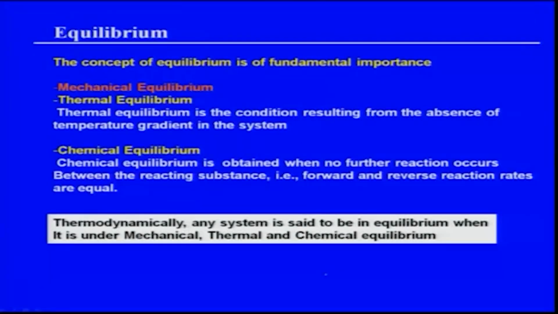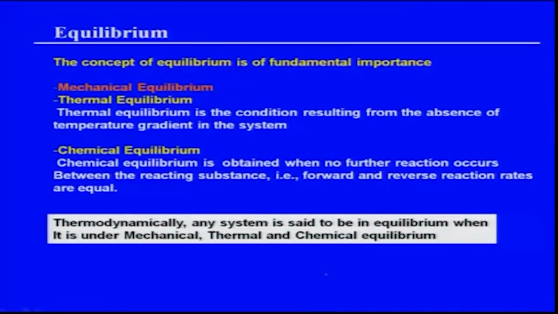One is mechanical equilibrium. What is mechanical equilibrium? We will discuss it in the next slide. Second one is thermal equilibrium. Thermal equilibrium is a condition arising from the absence of any temperature gradient. So if I have a piece of metal, or let us say a piece of steel or ceramic, there must not be any thermal gradients anywhere in the sample. That means temperature has to be uniform, which means the gradients have to be 0. That is why you always define thermal equilibrium in terms of the absence of temperature gradient in the material.